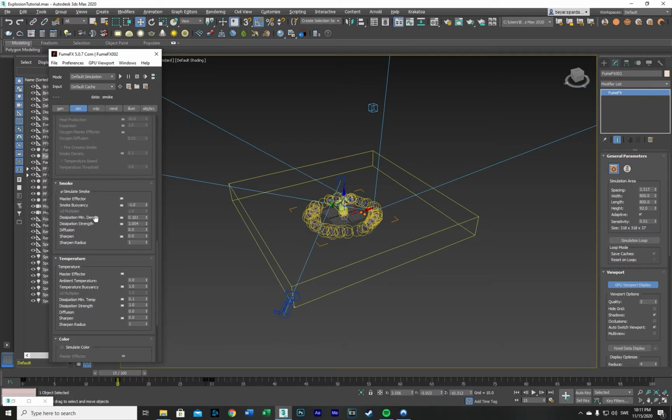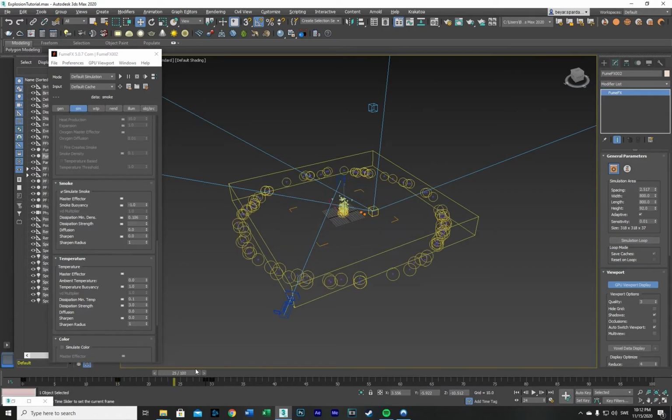But one or two important parameters are the dissipation minimum density of the smoke and the dissipation strength. Now, the dissipation minimum density is the minimum allowed density of the smoke before it starts to dissipate, whereas the dissipation strength is the rate at which the dissipation occurs. And what we want is that from the beginning we have a really dense and thick smoke, but at a certain frame we want the smoke to